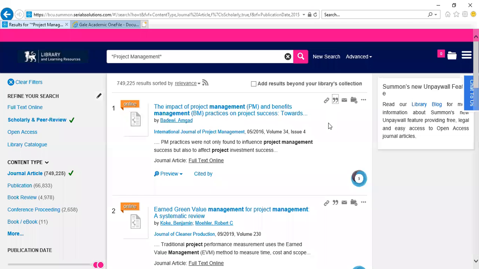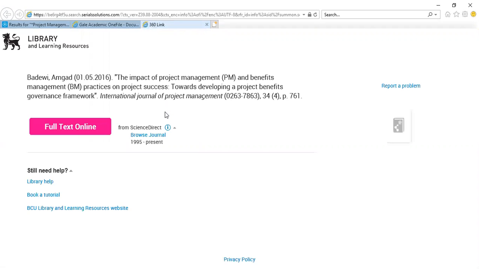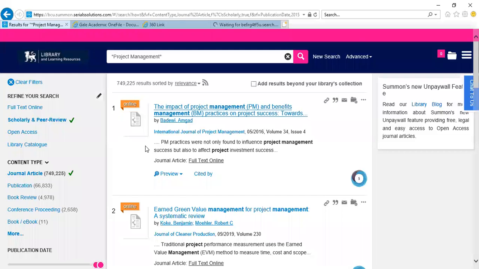All right, so let's now click on an article. Remember, I told you that how BCU works is that it gives you access to several other databases that are external databases that collect and are repositories of literature, such as Science Direct and Emerald Insight. So most likely when you click on a link, you would need to enter your BCU password and ID again.